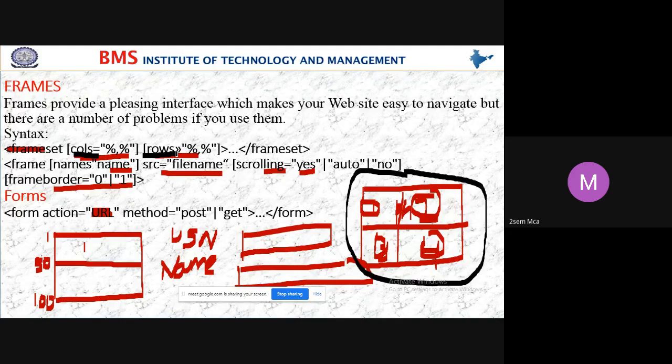If you specify the correct value, then the screen will be divided based on whatever value you give. You can give 50-50, first half 50 and second half 50, or 25-25-25. So you can divide 100% into however many percentages you want. In the last class I showed you the example and told you how to use both rows and columns. I told you that in the next class I would show you that example.